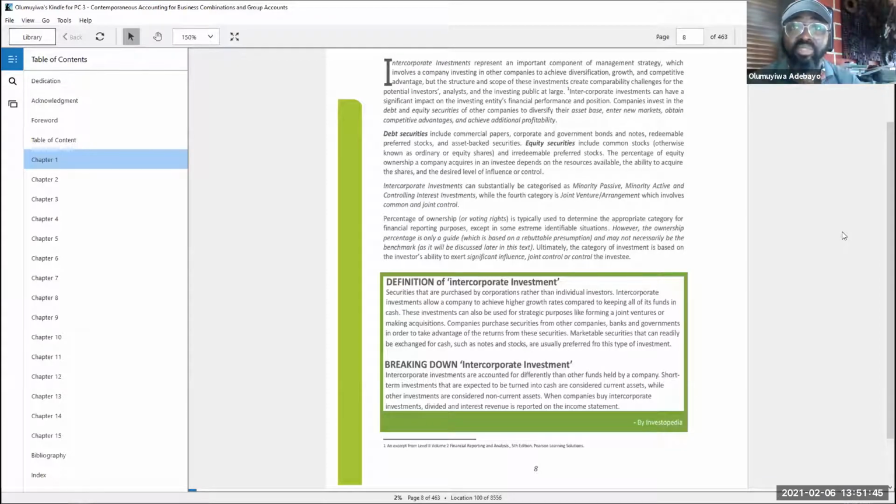Forward looking, not backward. Okay, and in that light, that's why you see that the approach we've adopted is that we need to understand the background of what we want to account for, beyond understanding the characteristics of what we are talking about. Okay, and that speaks volumes, and that makes us a better accountant in trying to do the needful about what we are discussing.